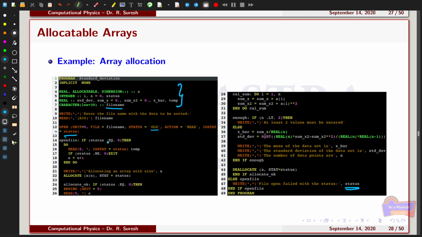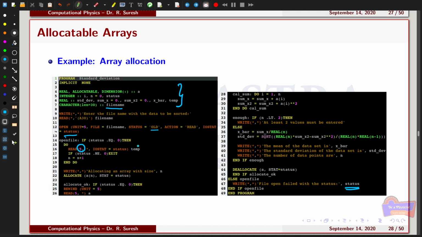So if the status is equal to 0, then it will do the while operation. I'm using a do loop to get the numbers from the data file and count the total number of data available in the file. I'm reading the values from the corresponding unit, then checking the status.